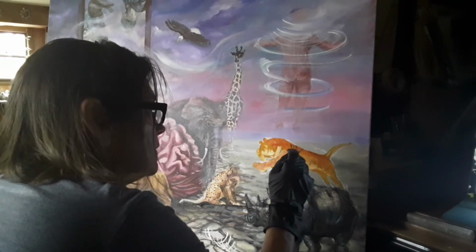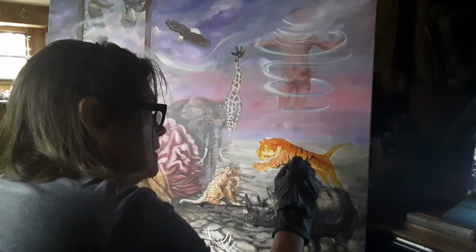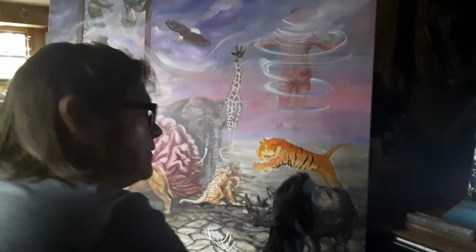Like this one here. There's one tiny one coming here. There's a big one here. A tiny here and a big one here. Two here. And then they split here. So cool. Their markings are just